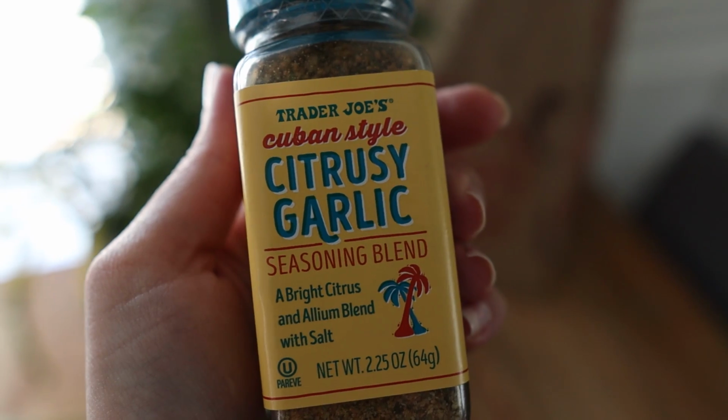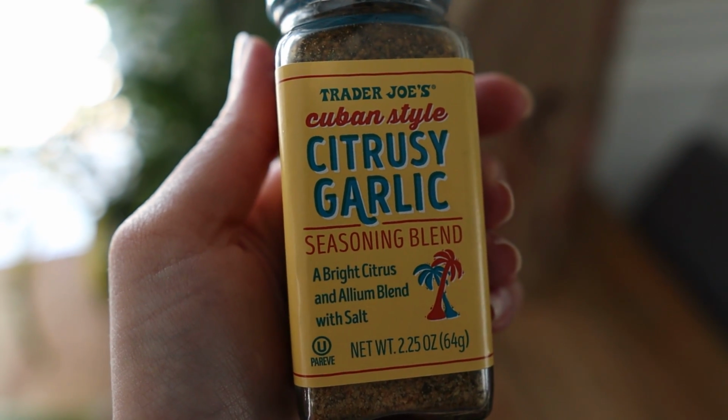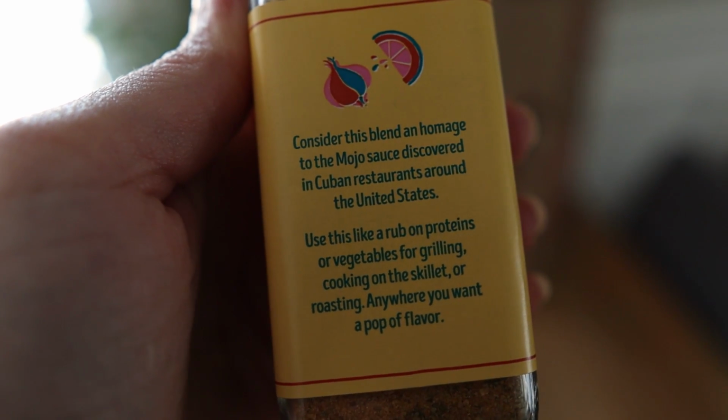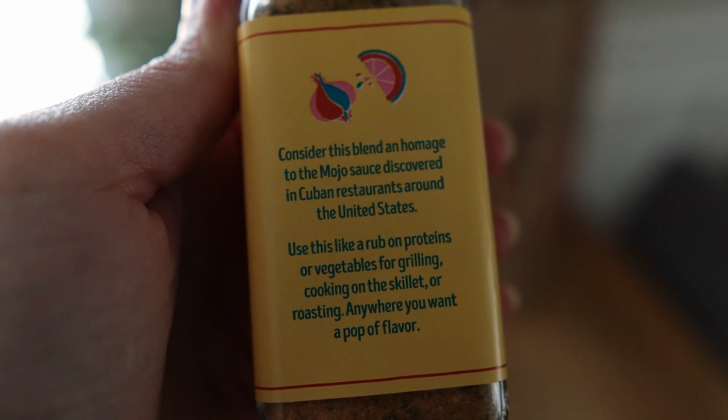But Trader Joe's is kind of known for their different spice blends. So I decided to pick up a couple of different ones. The first one is a Cuban style citrusy garlic seasoning blend, a bright citrus and allium blend with salt. Use on proteins or vegetables for grilling. So I've been looking for this because I like to season my meat before I cook it, obviously, because I just feel like it packs...